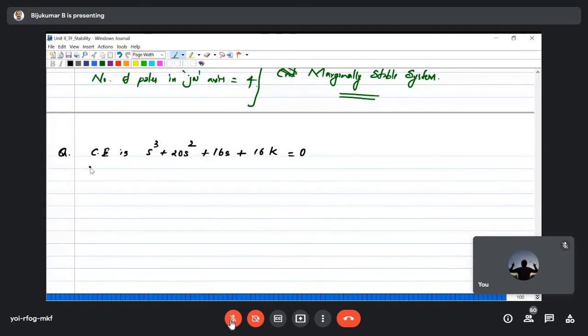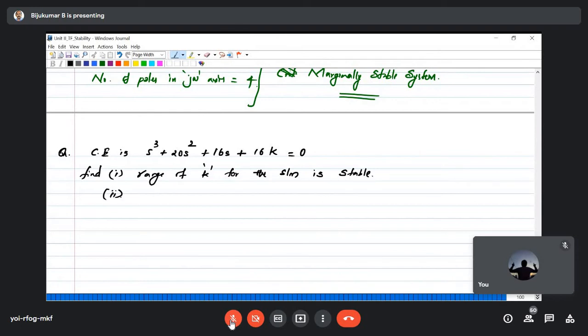So you have to find, first one, the range of k for which the system is stable,